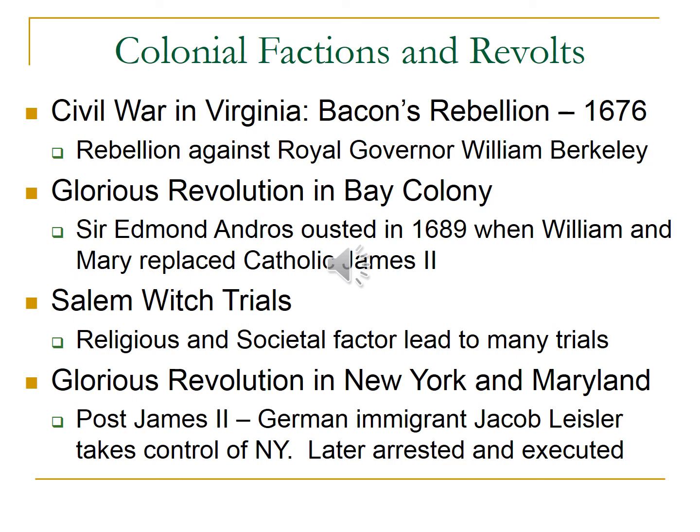A German immigrant named Jacob Leisler takes control over New York. He's Protestant, of course, and he persecutes and rounds up all the Catholics he can find and persecutes them and kills some of them. He is later arrested and executed for this, but I guess the upshot of all this and the point of all this is